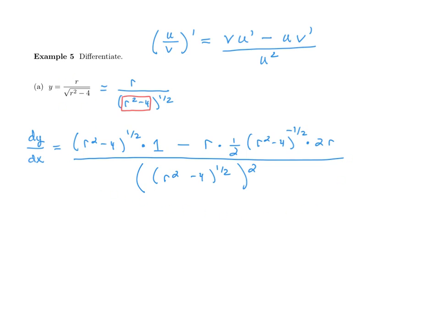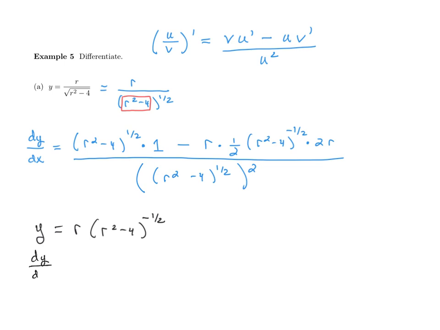Maybe just as a quick side note, this is not the only way to solve this problem. Without first taking a derivative, you can rewrite this function as follows: r times (r squared minus 4) to the negative 1/2. Since this exponent is a positive 1/2, you can move it to the numerator, provided that you make the exponent negative. Written this way, you don't need to use the quotient rule, but you can use the product rule. Just to see what that would look like,